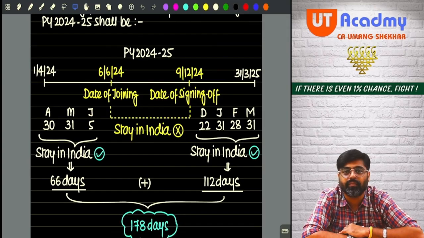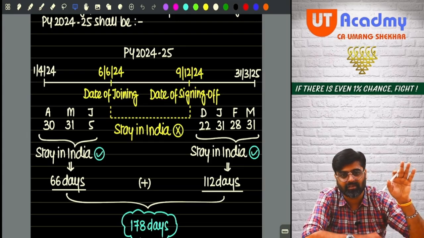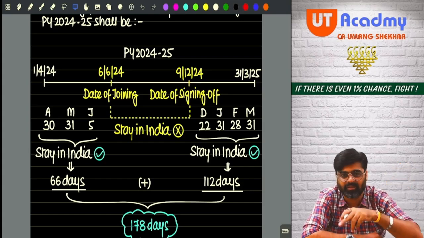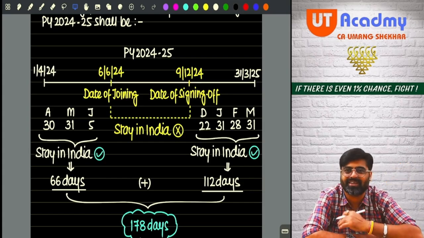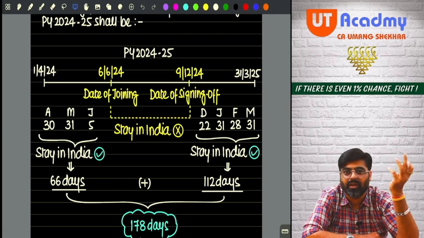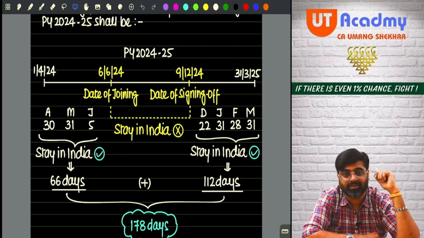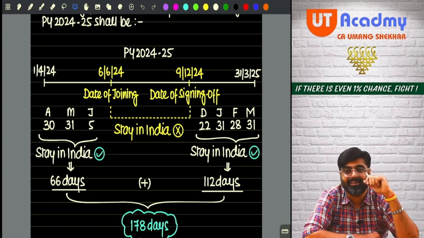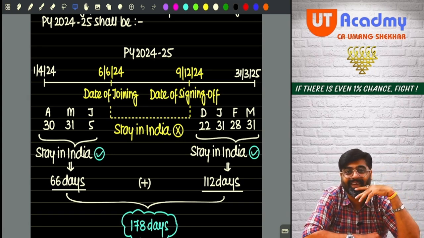Understanding? Easy or not? Sure, easy. Will you be able to solve more questions like this? Now, in all the questions, there will not be the same case of crew member. This was the first case. Many other cases can be there, no? Somewhere you will get another exception. Somewhere you will have a normal case. Somewhere you will have a special case. Somewhere it will be 6.1a.